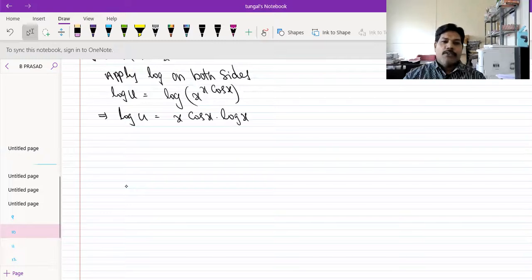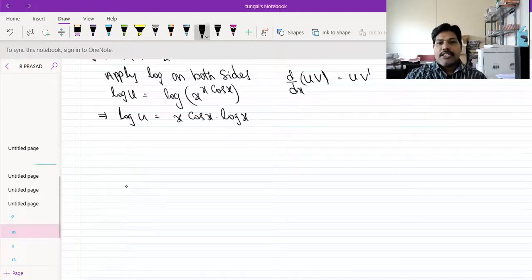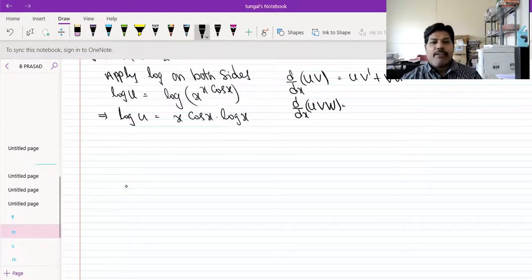So here I will give you one formula, students. Already you know that the derivative of u and v, only two functions given, is u into v dash plus v into u dash. If, for example, they give you three functions, the derivative of u, v, and w, what is the derivative of this function? Here two functions are there, you will get 2 terms. Here three functions are there, you will get 3 terms.